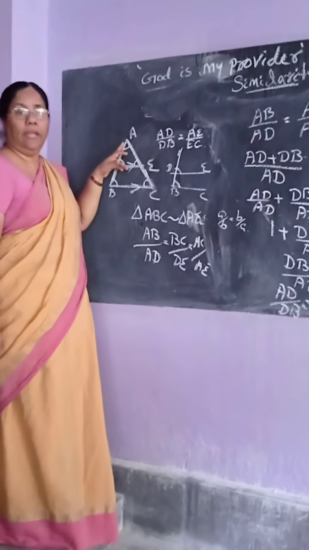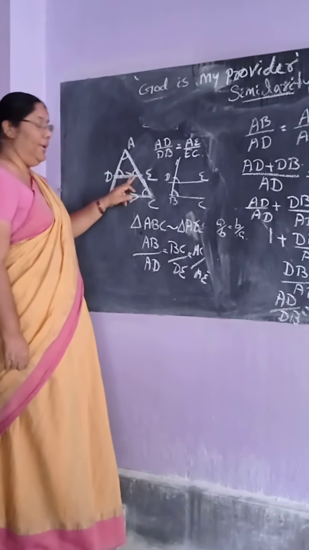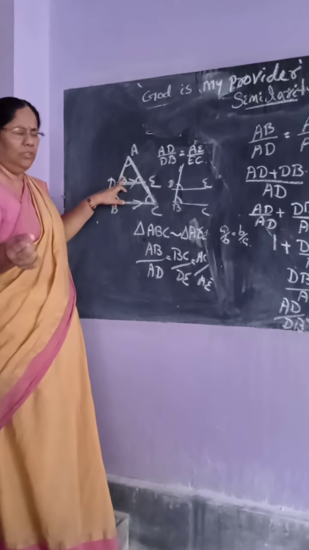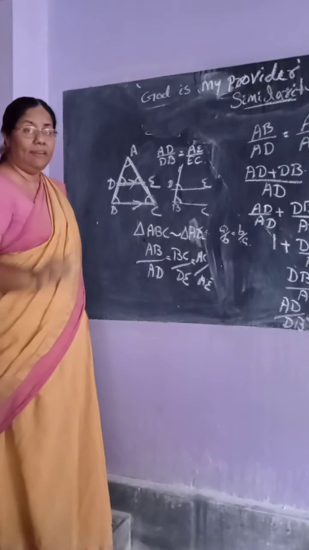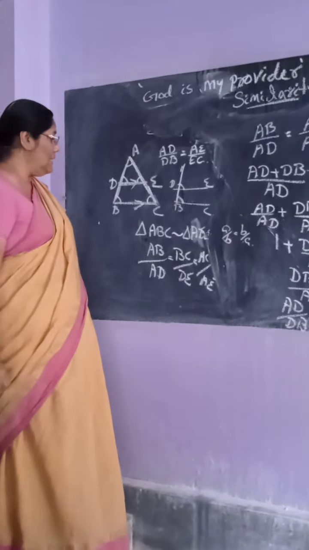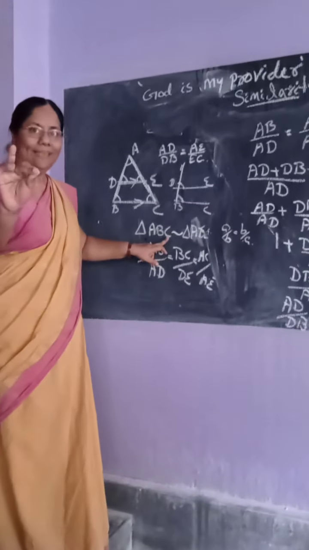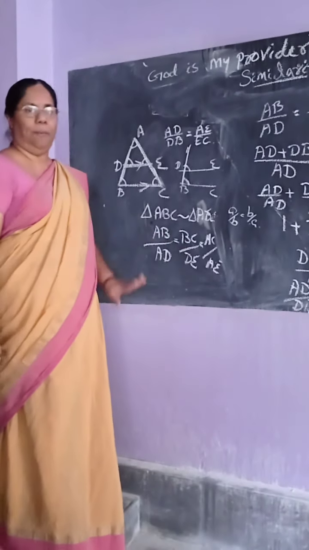One minute. Look here. Take the triangles ABC and ADE. Angle B equal to angle D. In short form I told you. Then angle A equal to angle A. Therefore, by the AA similarity theorem, the two triangles are similar. That's the first line. Then if two triangles are similar, corresponding sides are proportional.